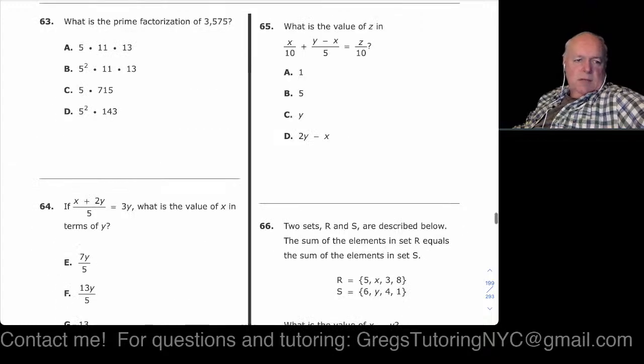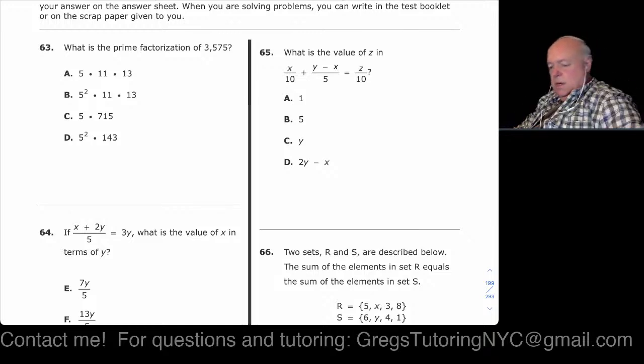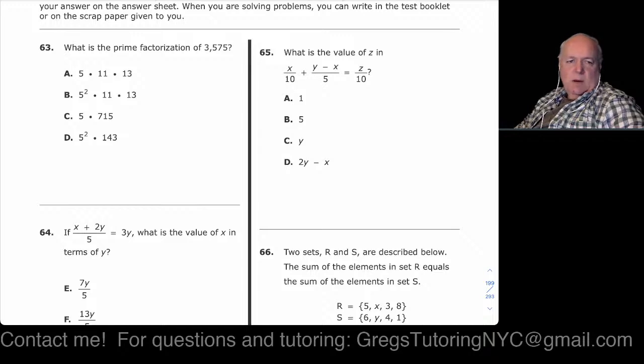The prime factorization one just suited my fancy. That's one that throws a lot of students. You may have learned this two, three, even four years ago. Some students learn it in grade 5. So you want to figure that out. What we're looking for is the prime numbers that are factors of, in this case, 3,575. If you don't remember, 5, 11, and 13 are all factors there, so you should already know that something like C is not going to be the answer,